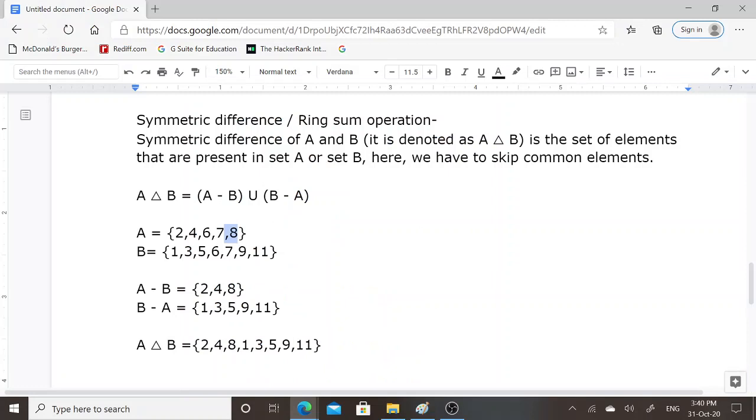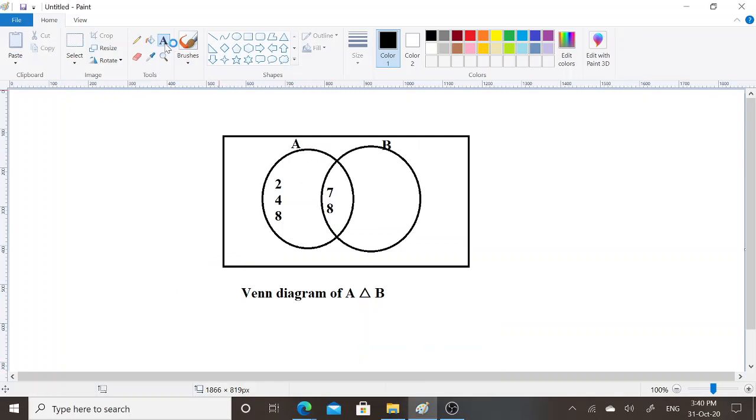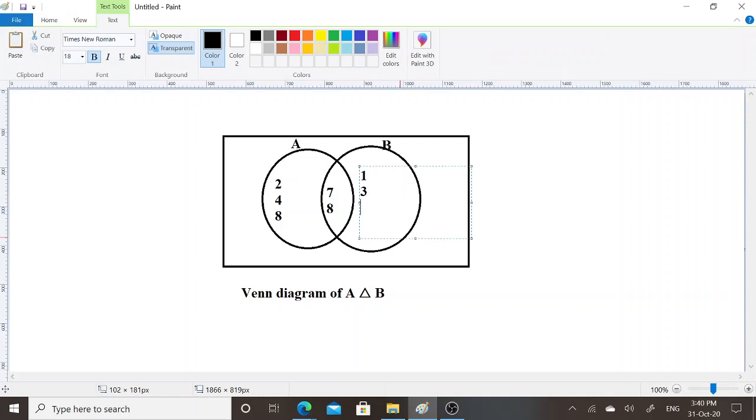Elements apart from 6 and 7 present in set B are 1, 3, 5, 9 and 11. Here in set B I will include 1, 3, 5, 9 and 11.